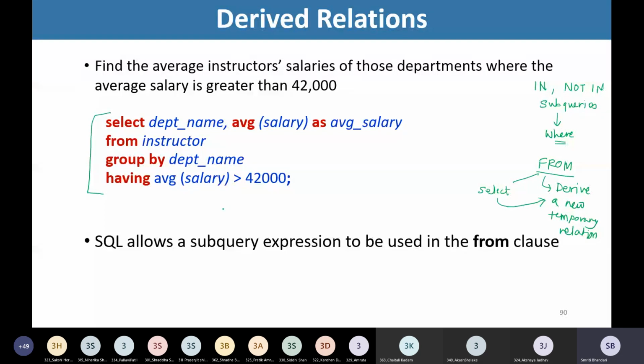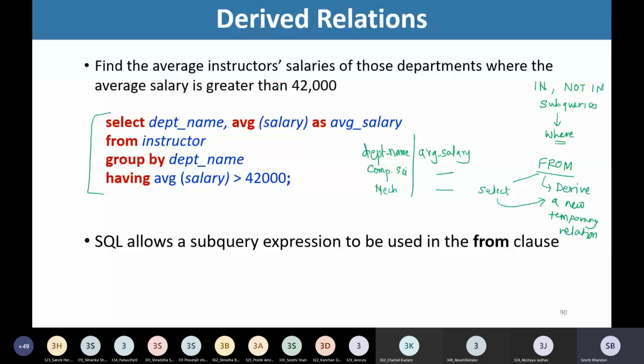We found the average salaries for each department, so we made use of the group by clause. This group by statement will give the output like department name and average salary, so I'll have each department listed and the average salary of that department.